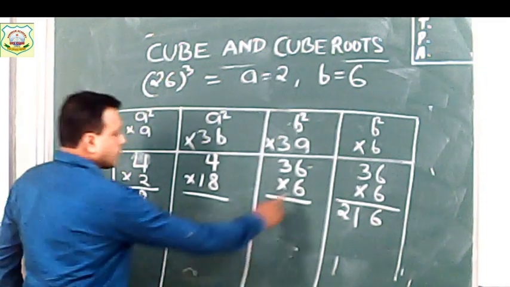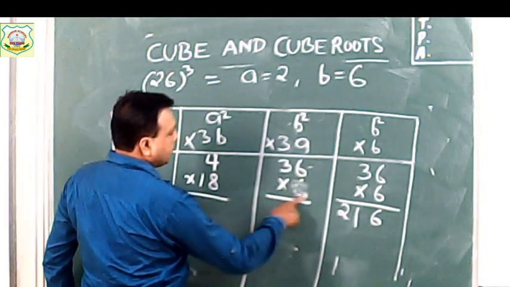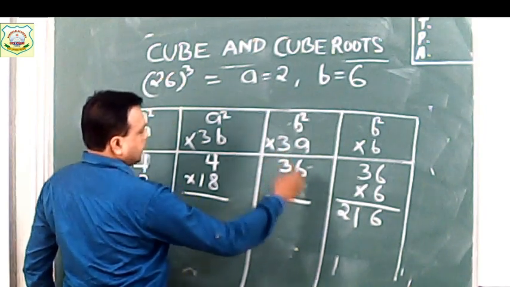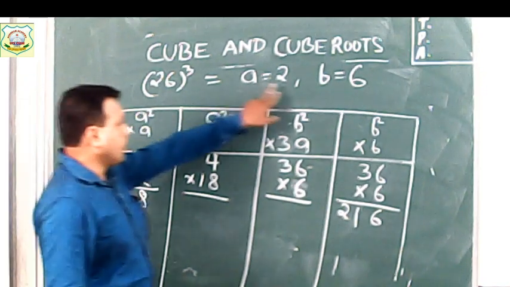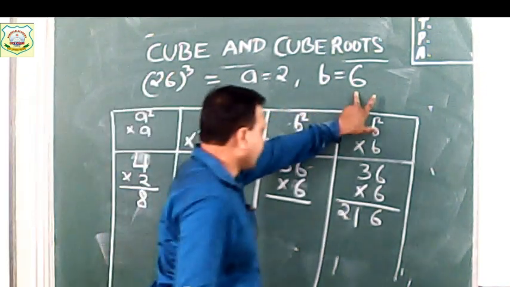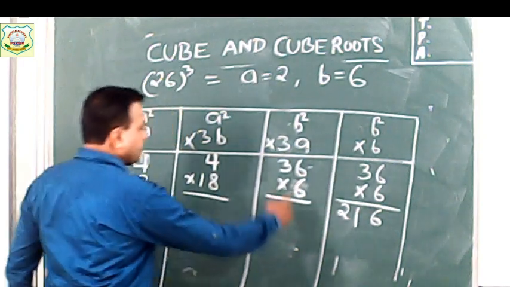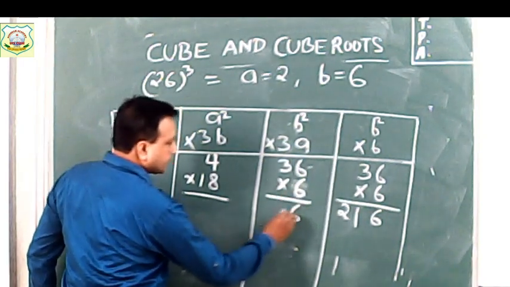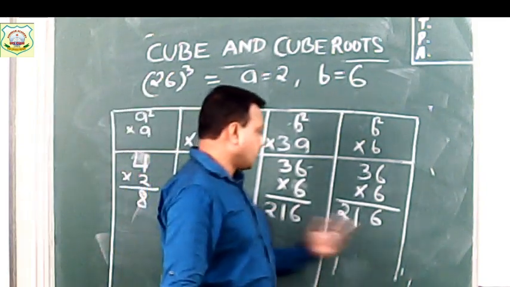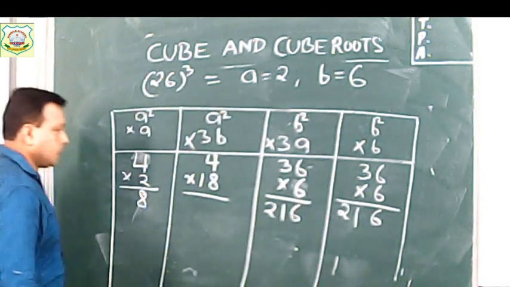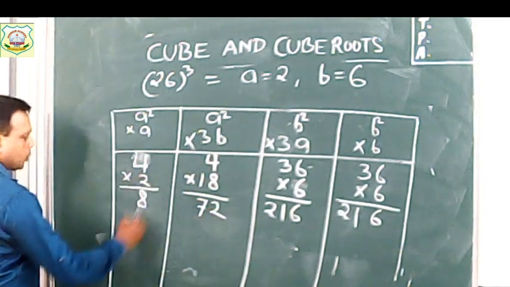Here 6 times 6 is, sorry. Here we will take it to 6. The a value we have taken 2 and the b value is 6. Okay? So 3 into 8, so 3 times 2 is 6. Yes, it is right. 6 times 36, and 6 times 3, because here we are getting the same values. Clear? 18 times 4 is 72 and 4 times 2 is 8.